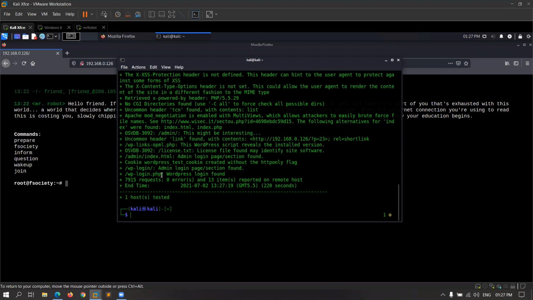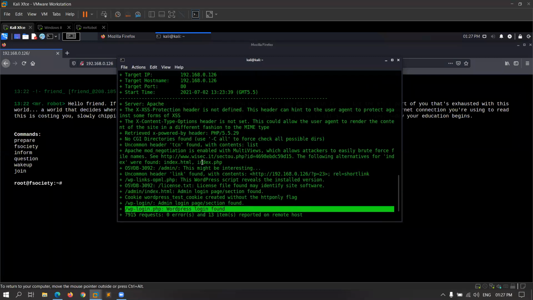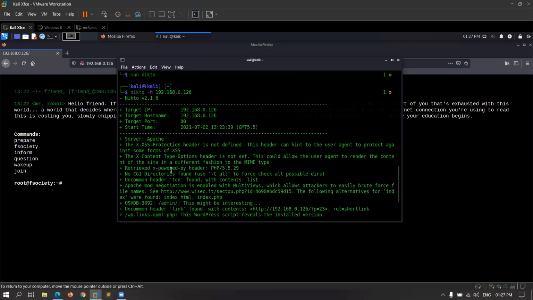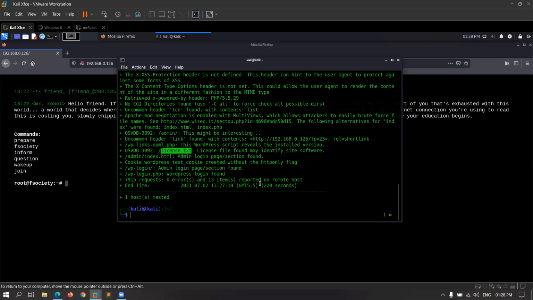So there is a WP login page available on Mr. Robot's web page, and license.txt. Let me run it again.